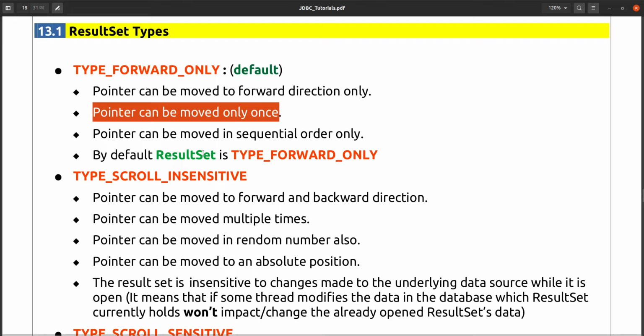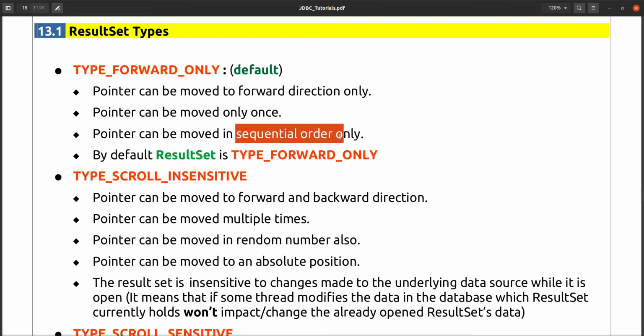And the pointer can be moved in sequential order only. Sequential order means you cannot move like this: I am at the first position, and directly I want to access the third position, the third pointer. That is also not possible in type forward. You cannot choose a random number, or go to any random position. So you have to go through sequential order only.